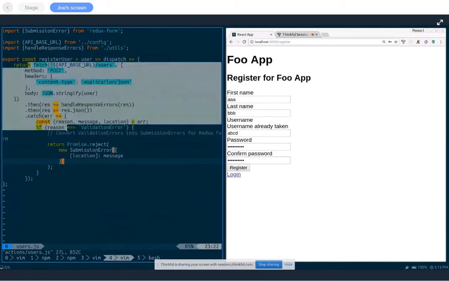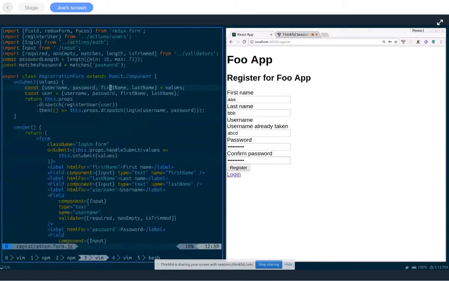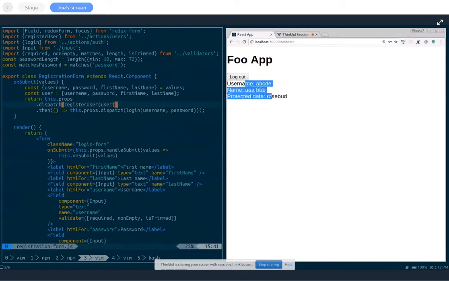So that's the first thing we do when we register. The second thing we do is automatically log in. If I change this to ABCDE and hit register, you'll see that straight away we're taken to the next page. This is a fairly clever little hack: when we submit that form, we register the user, and assuming that succeeded, we've got a .then there to tag on and say, yeah, that went well. If that succeeds,